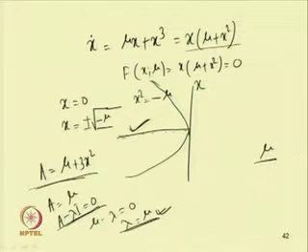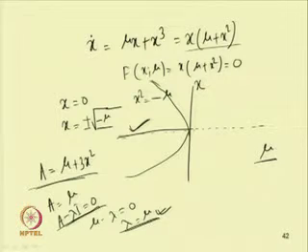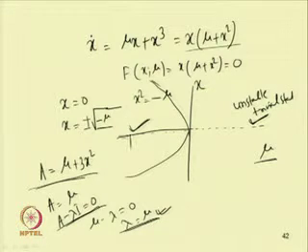For positive values of mu, we have a positive eigenvalue, and a positive eigenvalue is unstable. So we have an unstable solution. This side is the unstable trivial state, and this is the stable trivial state. So, this is stable trivial, this is unstable trivial.